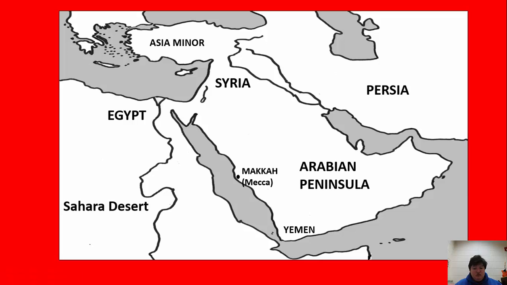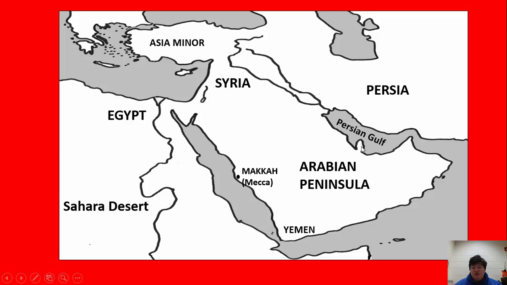The next thing you need to label is the Sahara Desert, which is over here in the northeast corner of Africa. And the fact that this desert is so close tells us a lot about the other parts of the lands that surround it. Most of these areas are very, very hot and very, very dry. And the Sahara Desert just happens to be a very large expanse of hot and dry. So label the Sahara Desert.